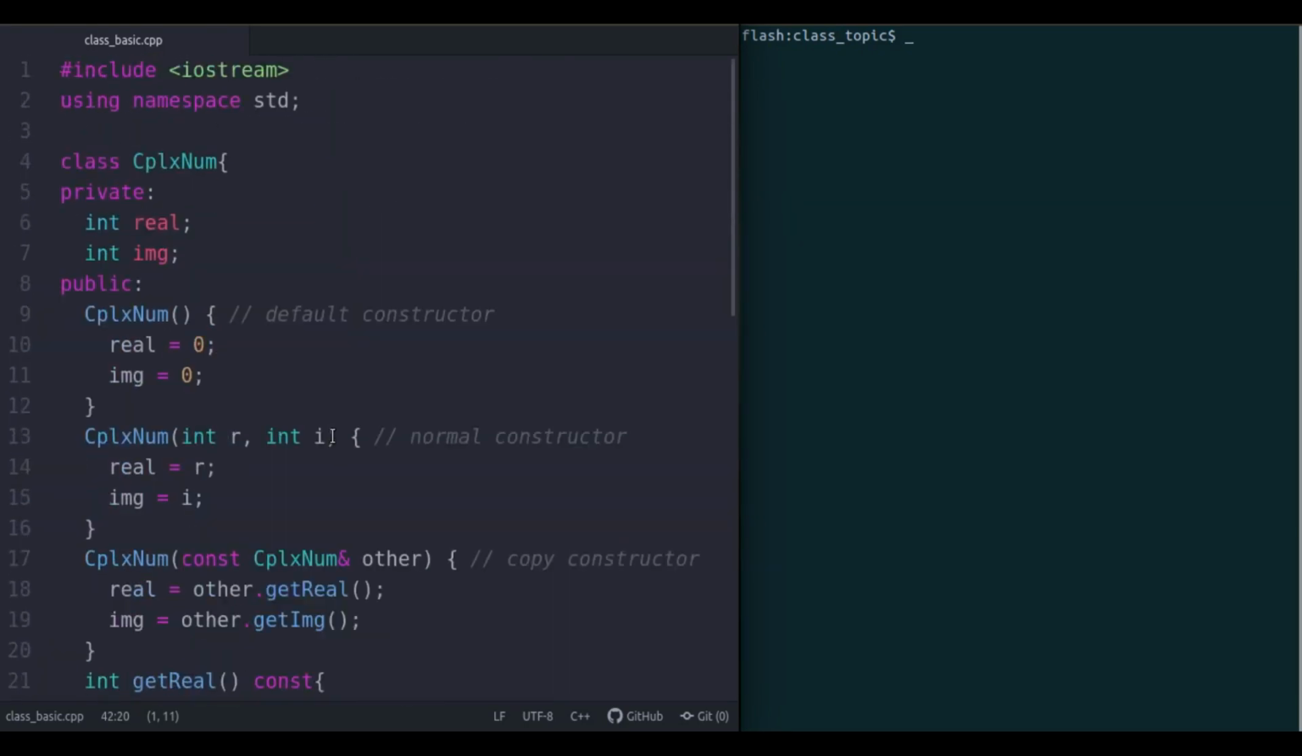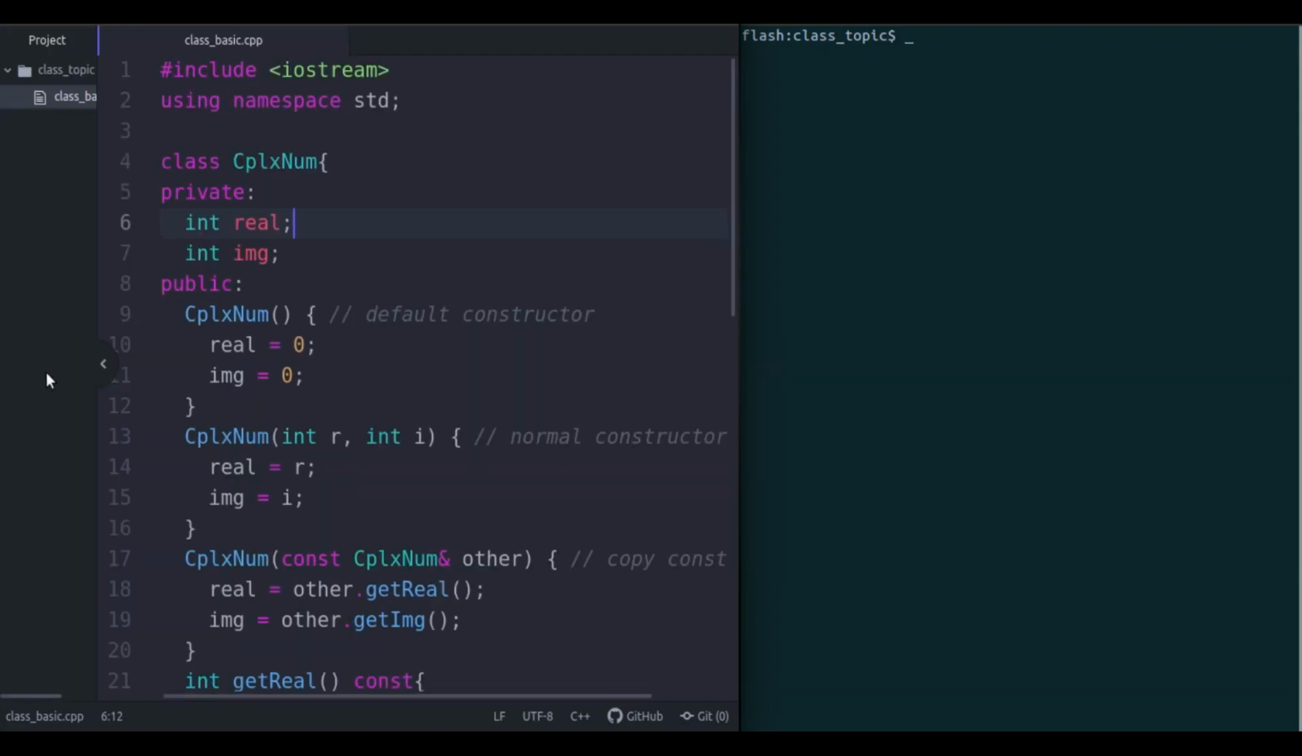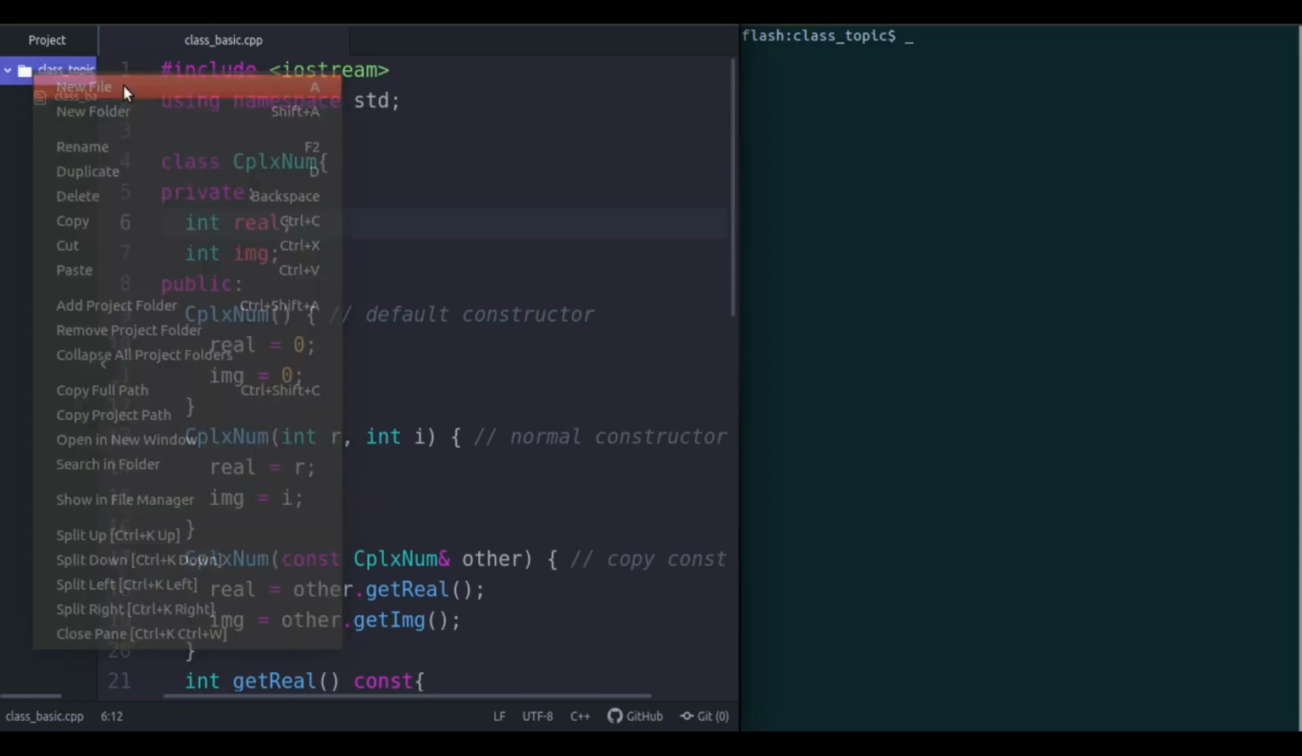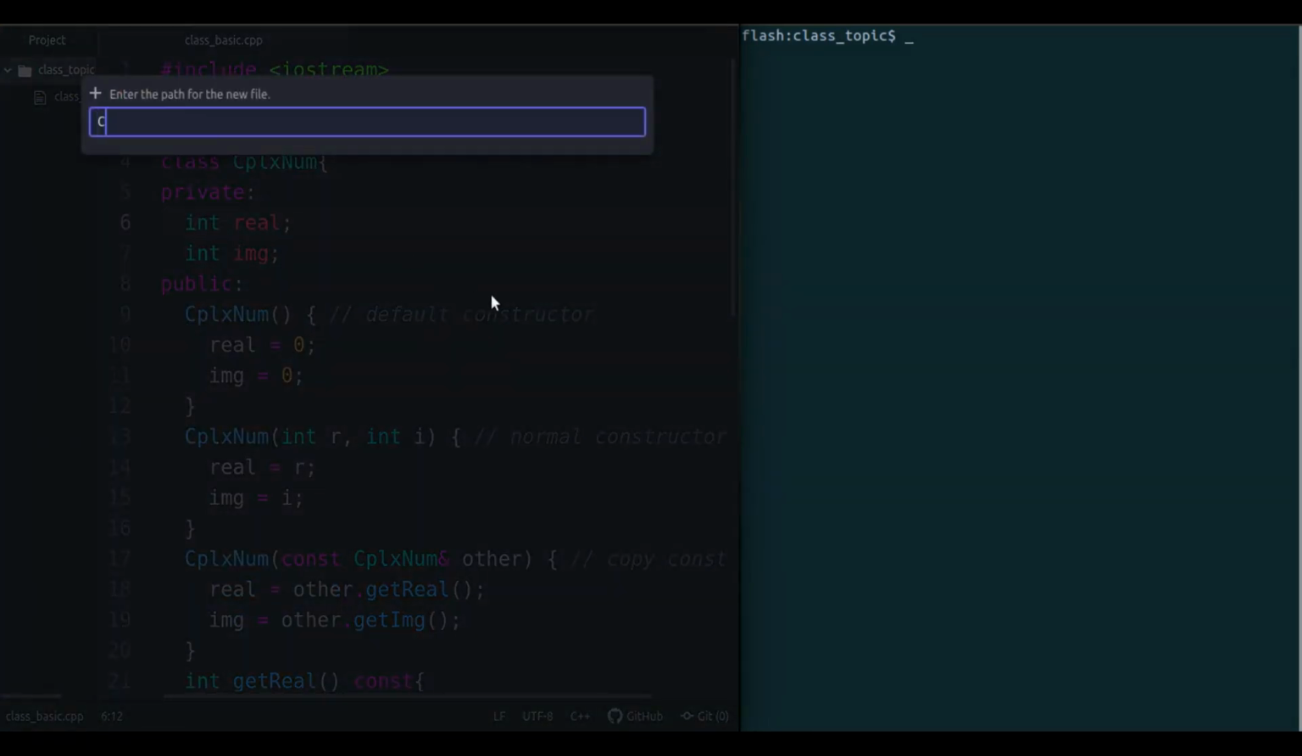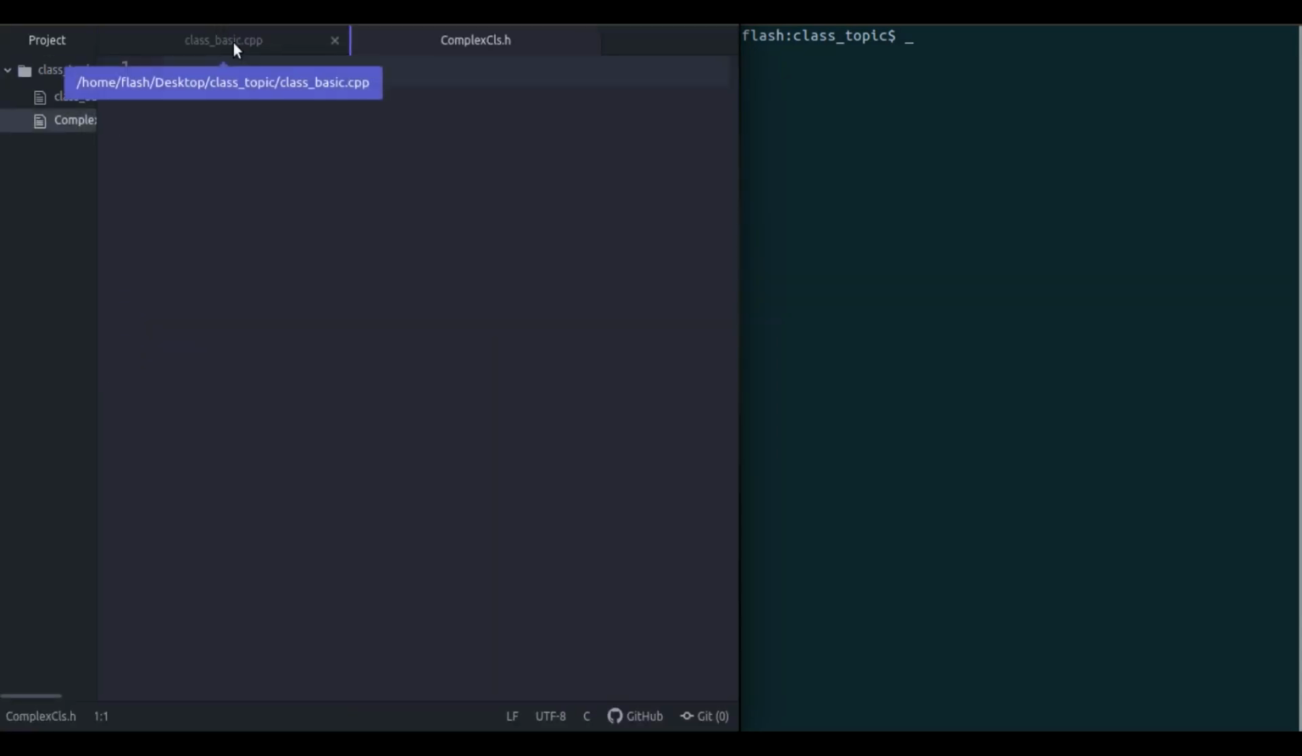So far so good. So in today's video, what we'll do is we'll take this class implementation from this class_basic.cpp file, and from there we'll create another file and paste this class code into that file. So we'll first create another file called, suppose, complexcls.h, which will be the header file, and then we'll